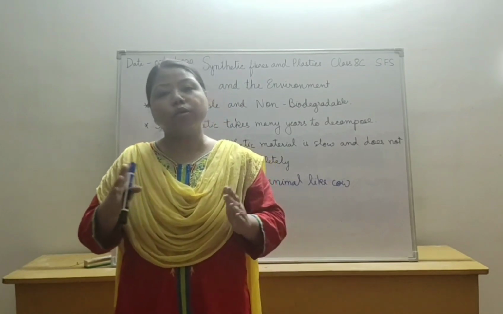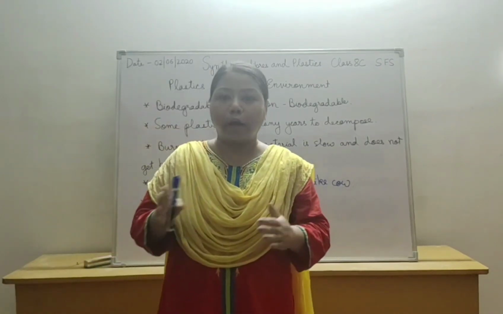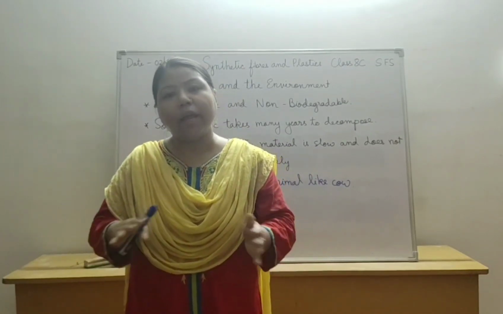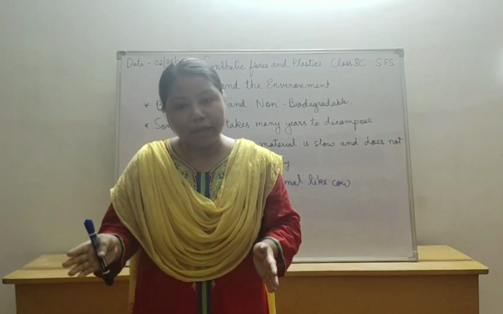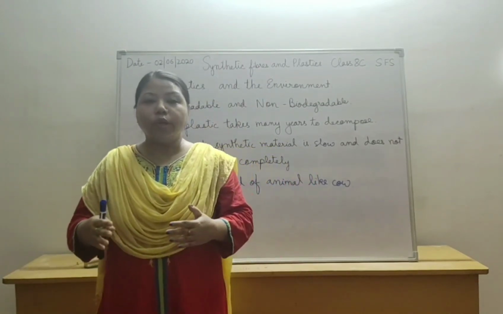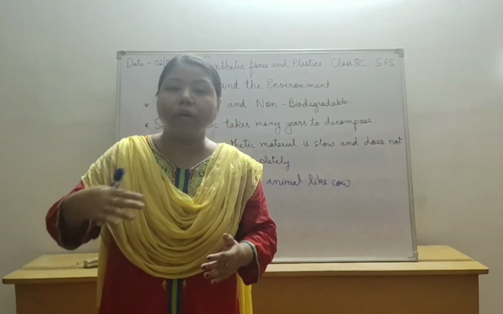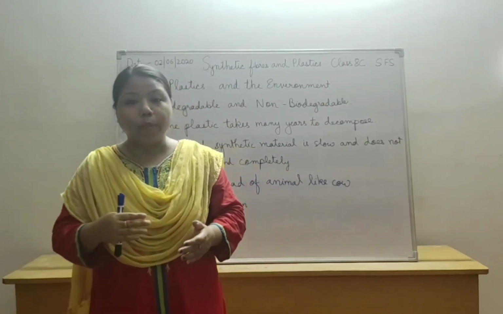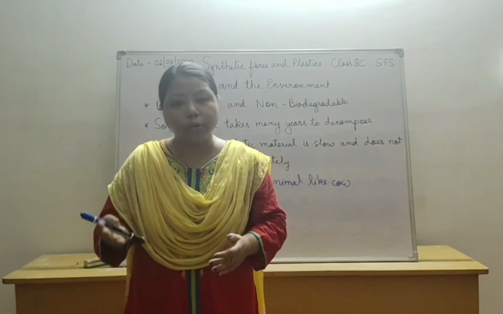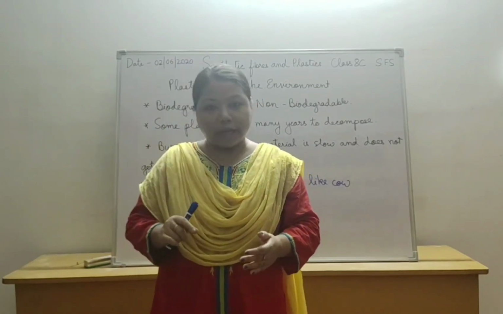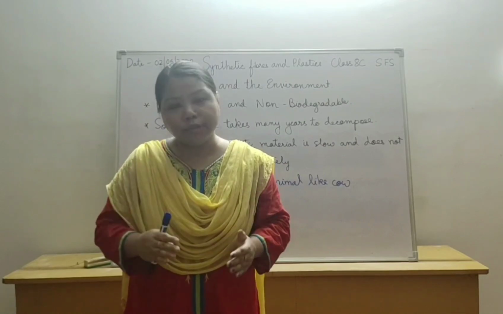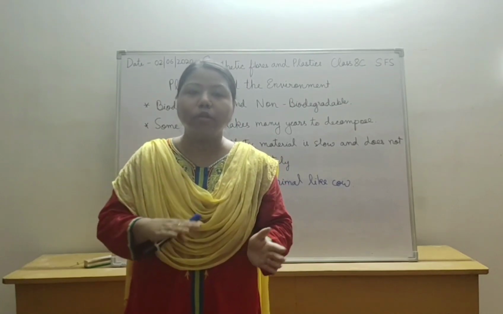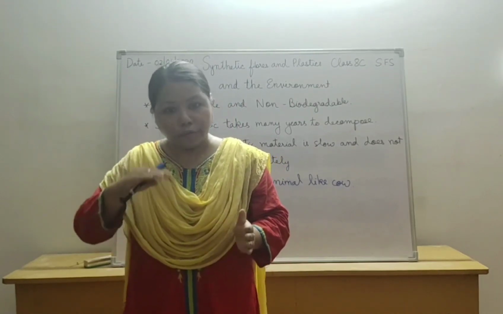Yes, so when we throw out the garbage, we should sort it into degradable and non-degradable, and then only it should be thrown. Apart from that, what can be done? We should give the plastic materials for recycling, because there are some plastics, the thermoplastics, which can be recycled. No doubt some colors are used in the recycling process, which limits the use of the plastic to store food, but still, yes, we should give the plastics for recycling.